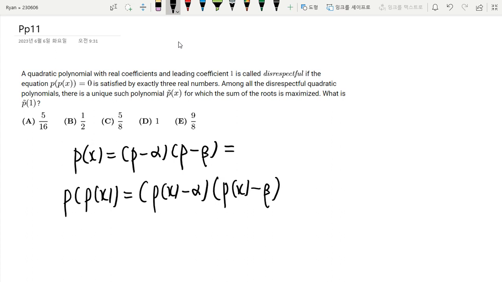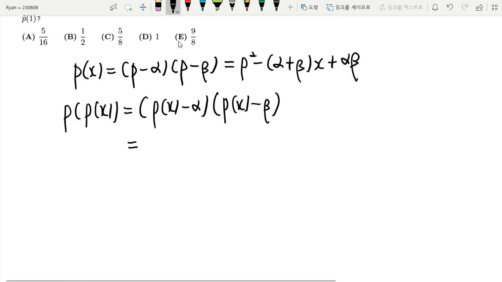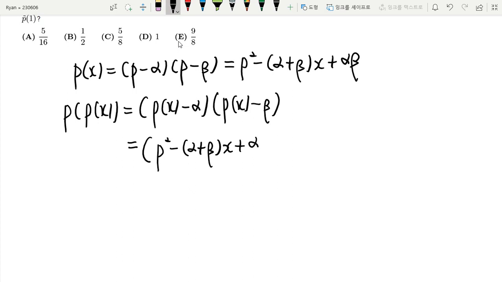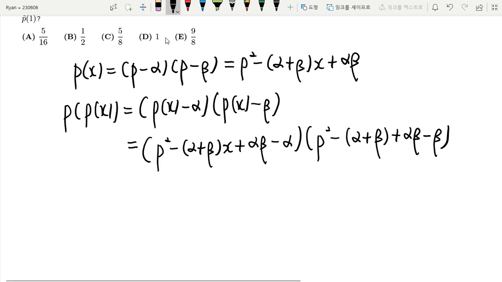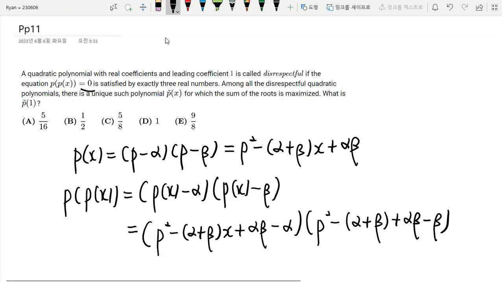And if we open the parenthesis, p of x looks like this. So if we change p of x to this expression, we have this expression, and when this is equal to 0,